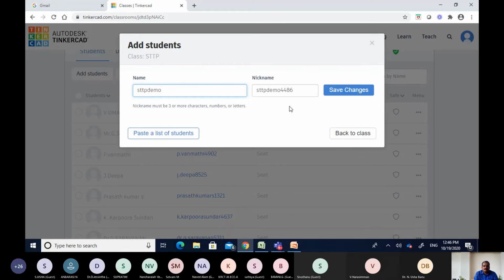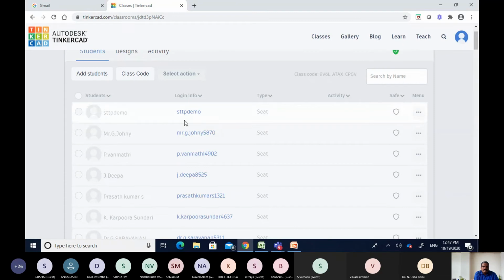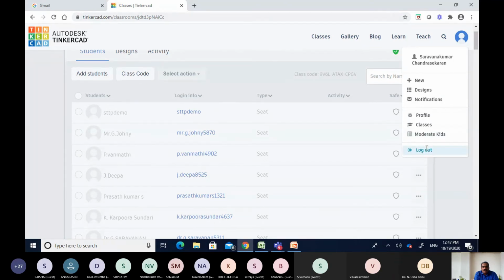Right? So I will make the nickname as such. Okay, so I have added. Let me check. Yeah, so here I have a student as STTP demo, right? So now I will be logging out.